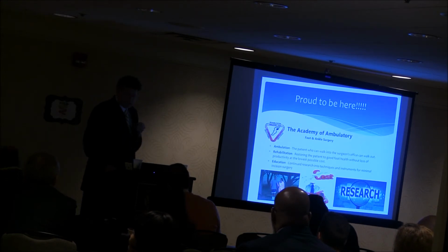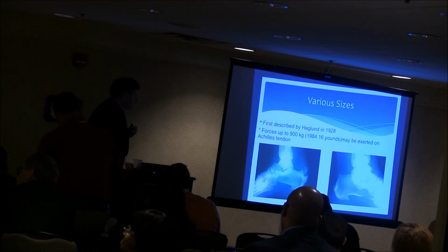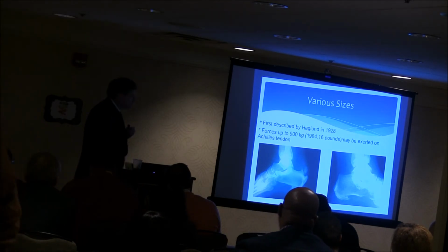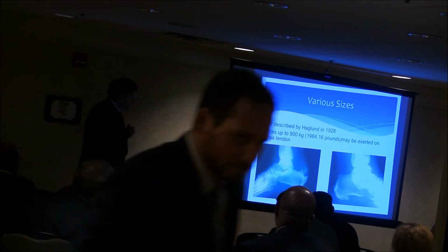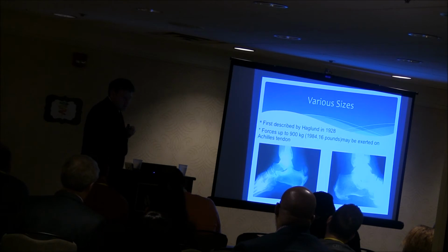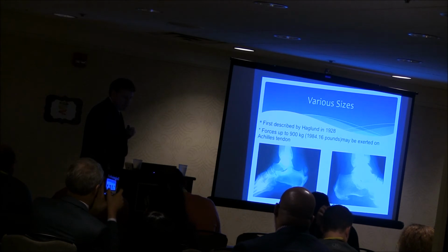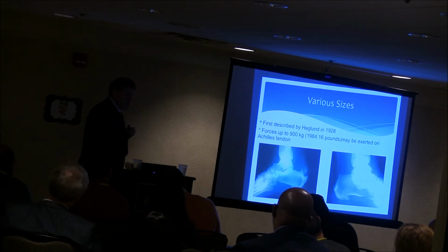So getting into the meat and potatoes of this lecture, if you're looking at these 2 slides, obviously you've got Haglunds deformities on both. On the left, this is extreme. On the right, it's a Haglunds deformity, but it's a very mild one. Okay, this is my opinion of the left slide. Obviously you have some form of calcification embedded inside that Achilles tendon. In my opinion, this